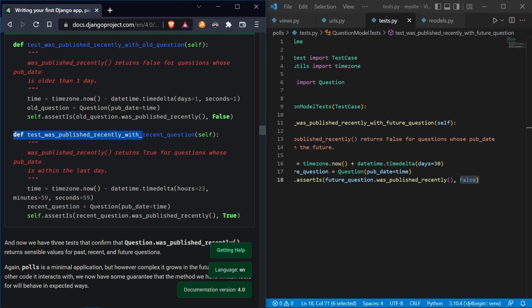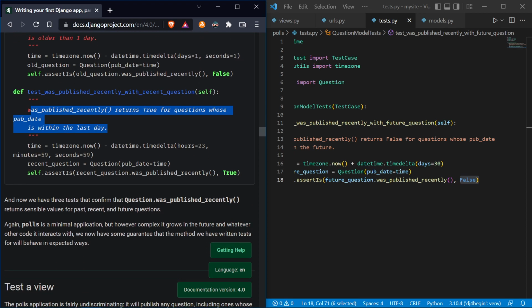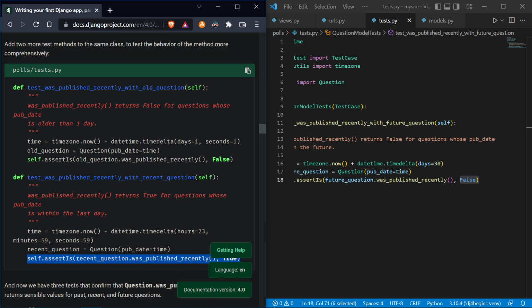Test published recently with recent question. So we have future, we have past, and then we have recent. Was published recently true, returns true for question whose public date is within the last day. So we make it exactly the same, except it is hour 23, so within that day, okay? Recent question is public date, and it should return true. Okay, so we copy the code